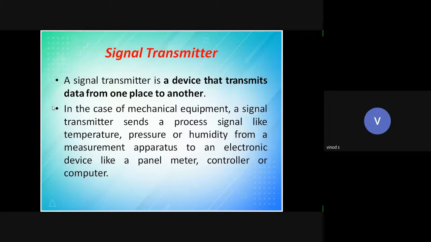Okay, so all this requires a transmitter. A transmitter is the small object which is placed on that human. The output has to be transmitted over a long distance like a hospital, so it will be sent in the form of RF, radio frequency. So that is what this signal transmitter is.